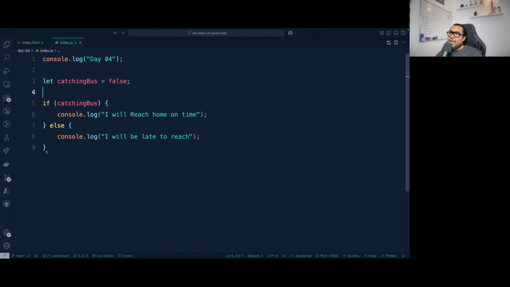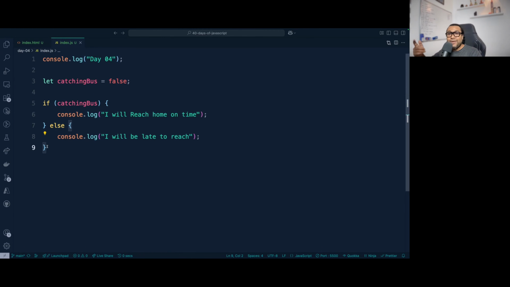Correct? But as you have a condition over here, with if and else, from line number 5 the control will be branched out. This is what we call branching. Based on this condition, line number 5, line number 6, line number 7 will execute. Or based on this condition, line number 7, line number 8 or line number 9 will execute. So there is no way that from line number 5 to line number 9, all the lines will execute.